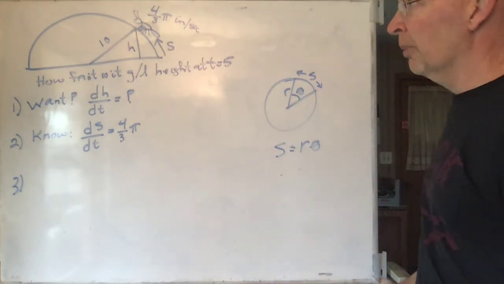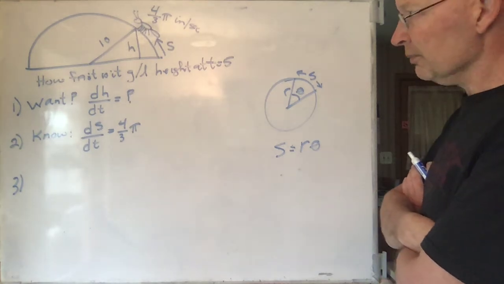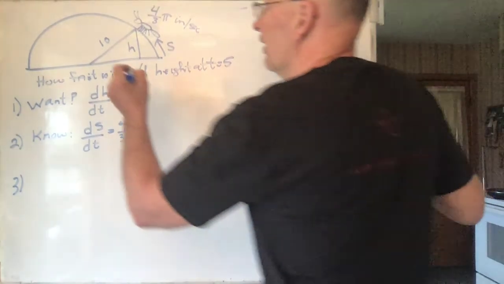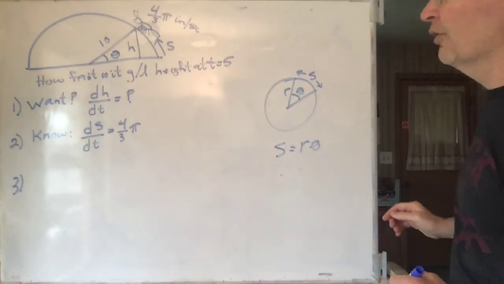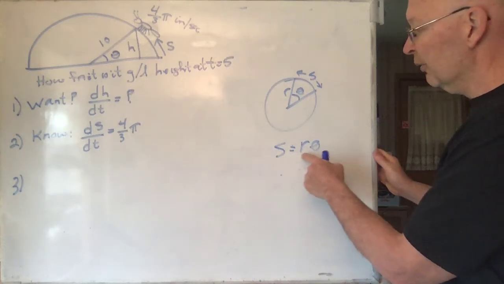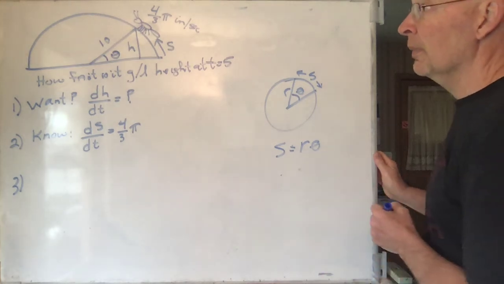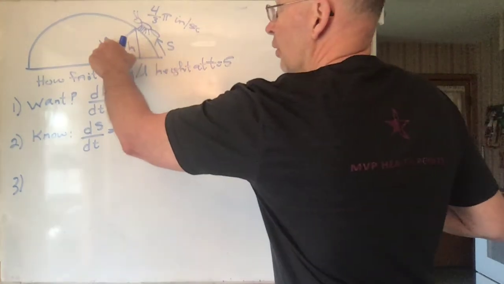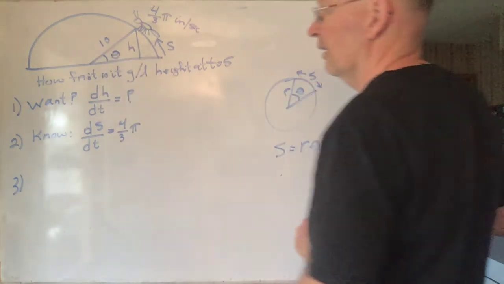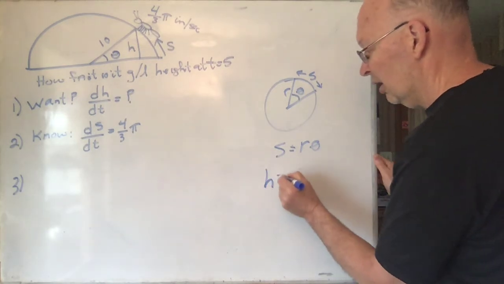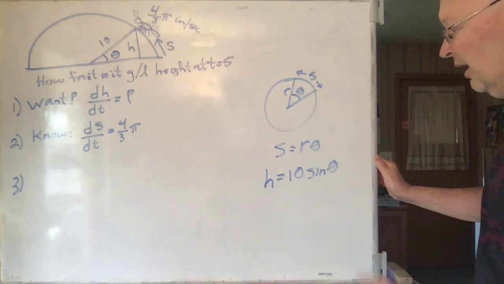So you look at this for a little bit, and feel free to turn off the video and try to ponder it on your own, or pause it. But here's what I did. I said, well, let's throw in another variable here as well, theta. And so here's what I know. I know that s is equal to r theta, and I also know that h over 10 is equal to the sine of theta. So in other words, h is equal to 10 times the sine of theta, and then